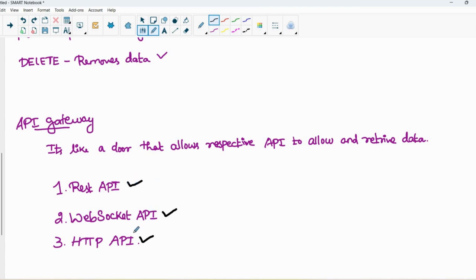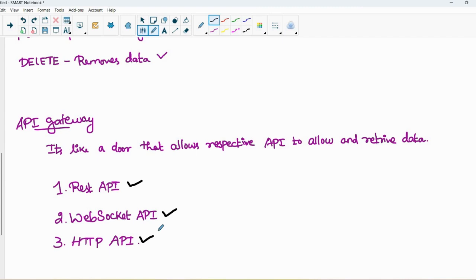And WebSocket API is an API that allows two-way real-time communication between client and server over a single long-lived connection. And HTTP API is a broad term for any API that works over the HTTP